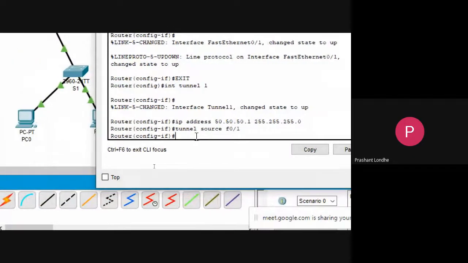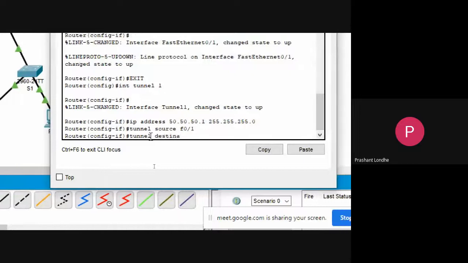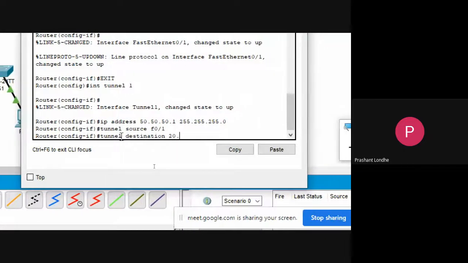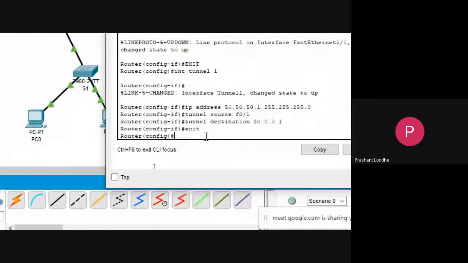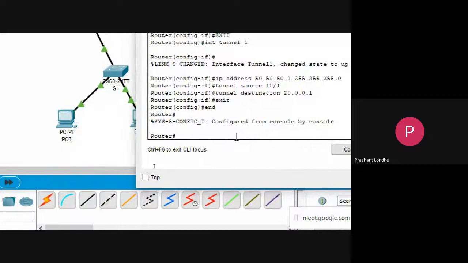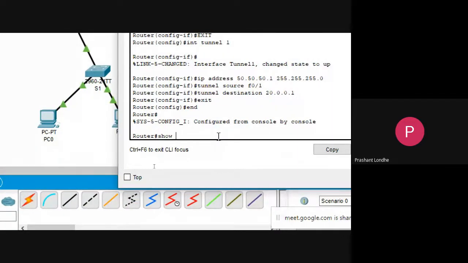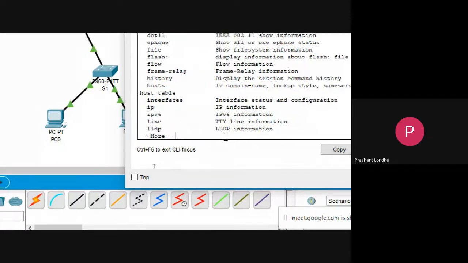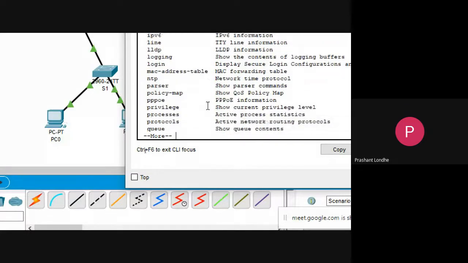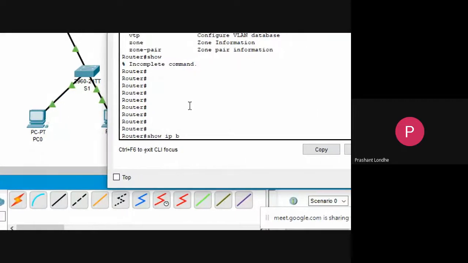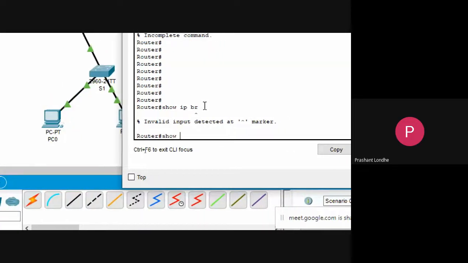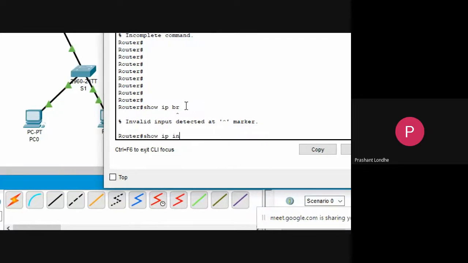It is taking, and the tunnel destination will be 20.0.0.1. So exit, and I will see show IP int br.